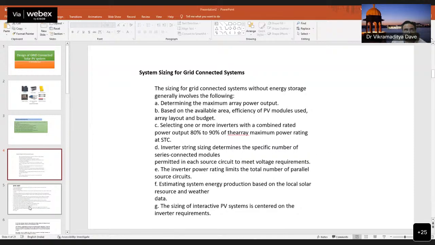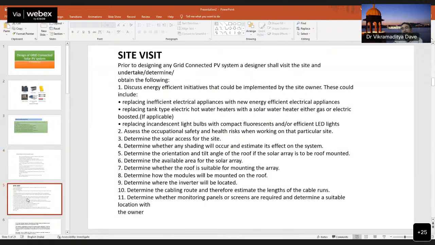अब पहला स्टेप क्या है? पहला स्टेप है किसी भी सिस्टम को डिजाइन करने से पहले, ग्रिड कनेक्टेड सोलर पीवी सिस्टम को डिजाइन करने के लिए सबसे पहले साइट पे विजिट करना। ठीक है, जैसे सिविल इंजीनियर्स को कोई भी मकान बनाने का कॉन्ट्रैक्ट मिलता है, तो वो सबसे पहले क्या करते हैं? दे गो टू द साइट।